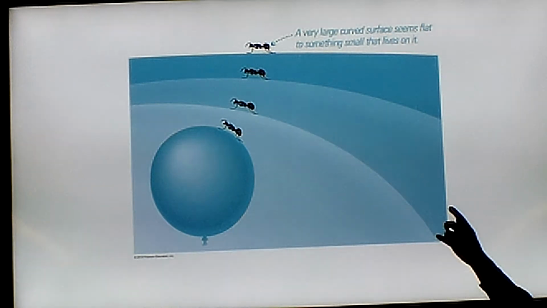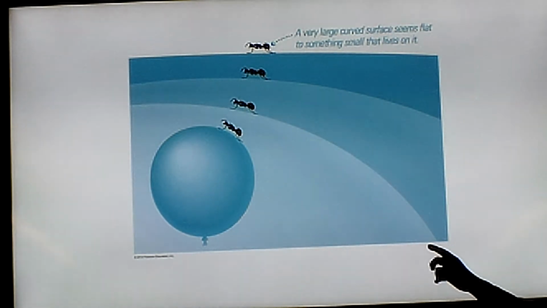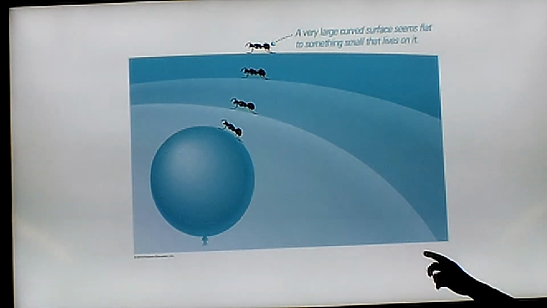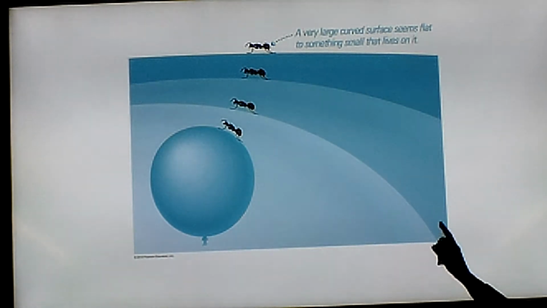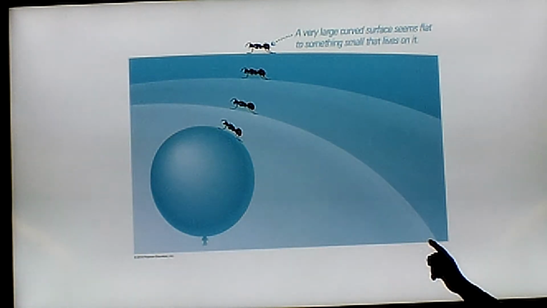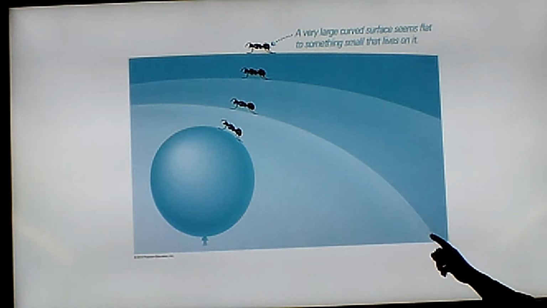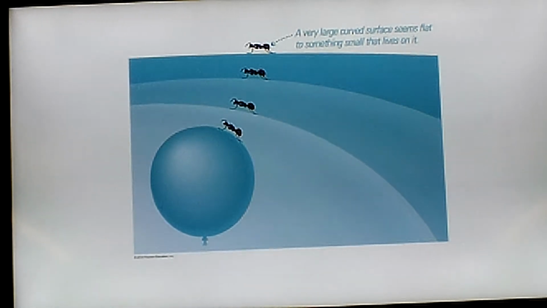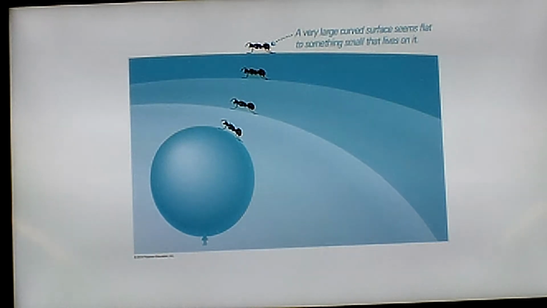This is as close as astrophysicists get to being able to talk in words about the expansion of the universe. The only reason we can use this, I don't know, analogy, metaphor, I don't know the difference, is we are viewing this expanding balloon from the third dimension, a dimension the ants are not aware of. So when astronomers talk about this stuff, they say, well, we are living on a sphere, and we can talk about it by writing equations in a fourth dimension, so that we have a three-dimensional object that is expanding.